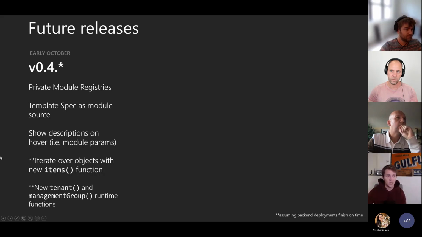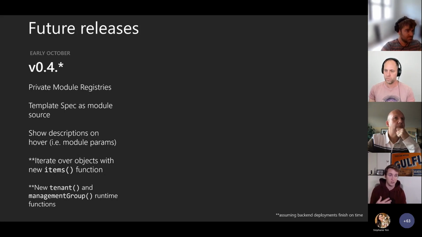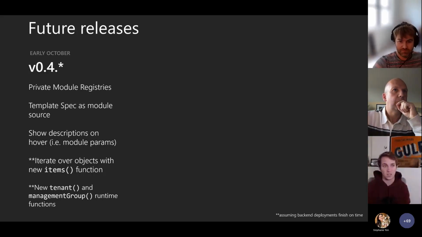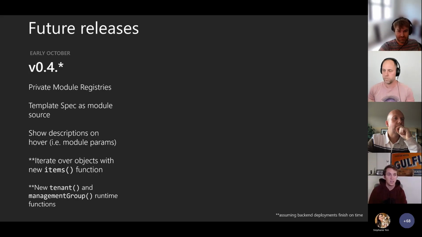The big thing that it's going to include is the private module registry and not the public module registry, which is going to come in 0.5, which I'll talk about in a second. But we want to get the private module registry into your hands so that you can start kicking the tires with it. Some of you may have already tried it, but there's some designed friction into using it this early. So you have to add an environment variable and do a couple things. With this release, it'll just be enabled and we'll have full documentation on how to use the private module registry. But because the public registry is not done yet, we're not going to call it 0.5 just yet.